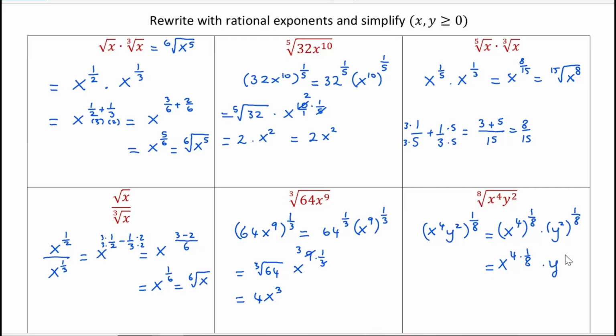The second one will be y to the power 2 times 1/8. 4 times 1/8 will simplify to 1/2. So this will be x to the 1/2 times y to the power 1/4. And we can rewrite them as the square root of x times the 4th root of